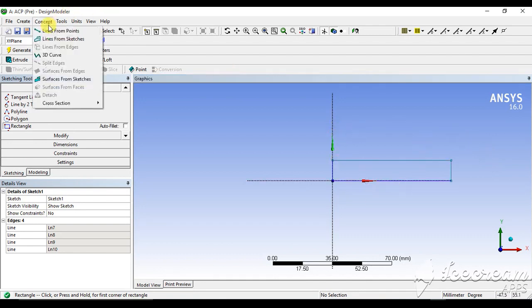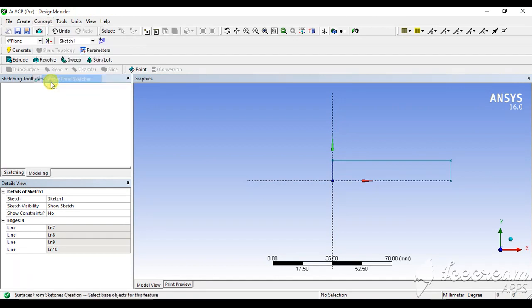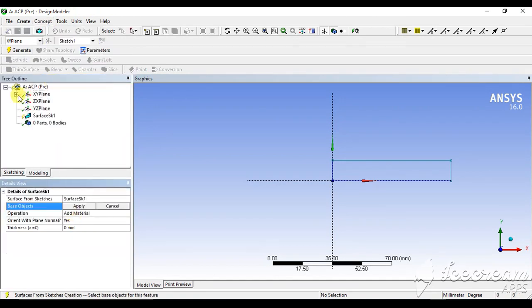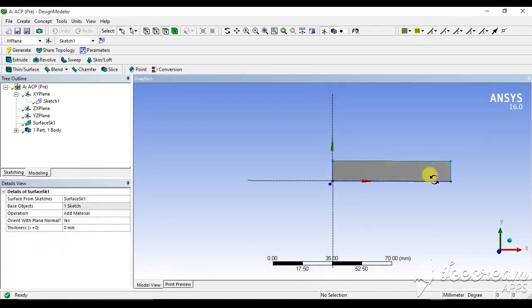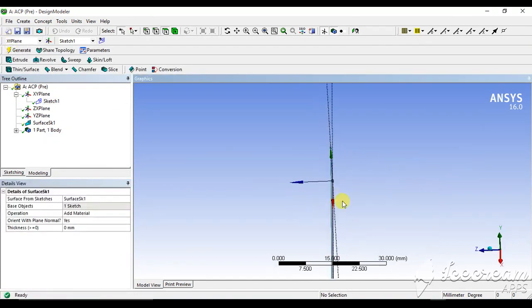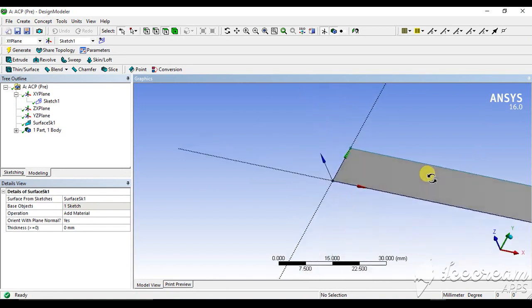Go to Concept, Surfaces From Sketches, select the sketch and generate it. Now this is a surface with no thickness, because the layup will grow above or below this particular surface. Now we will go to the model and describe how the layers will be arranged and what the orientation will be.